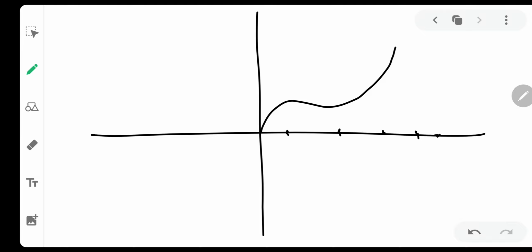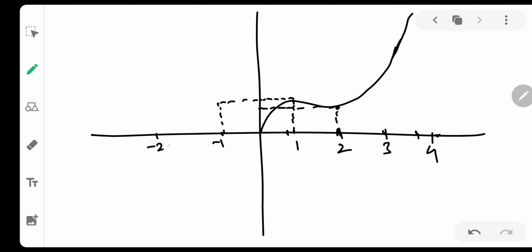Now to make this function an even function, what should I have? Suppose this is 1, this is 2, this is 3 and this is 4, right? Something like this. This is a continuous graph. So what I mean to say over here is when I put the value of x as 1, I am getting this positive value of y. So when I put the value of x as minus 1, if I am getting the same positive value of y, then what will it be? It might be an even function, right? Okay, when I put the value of 2 as x, I am getting this value.